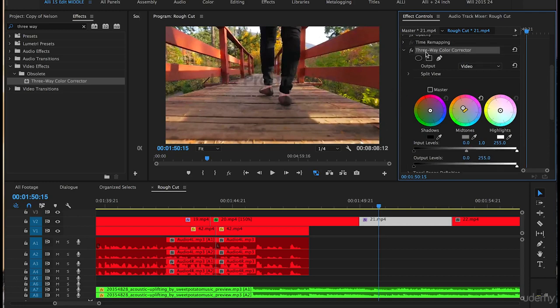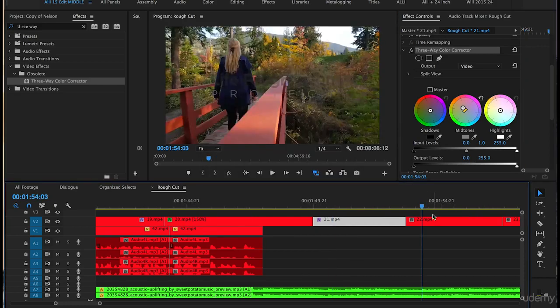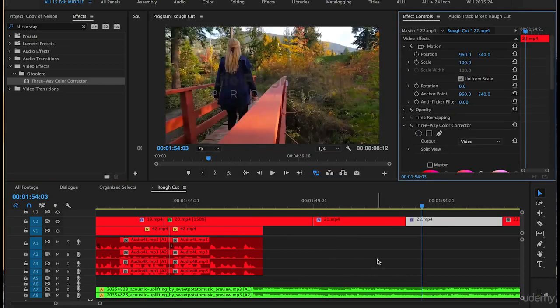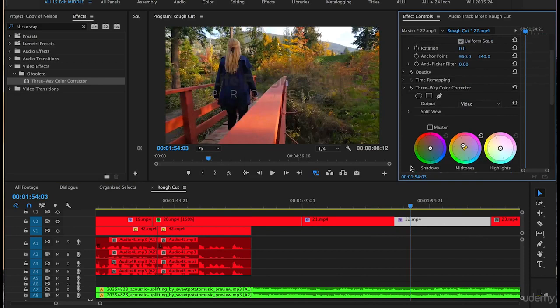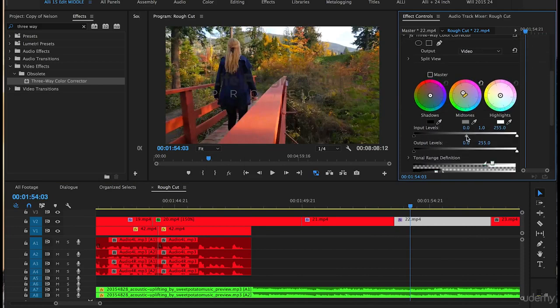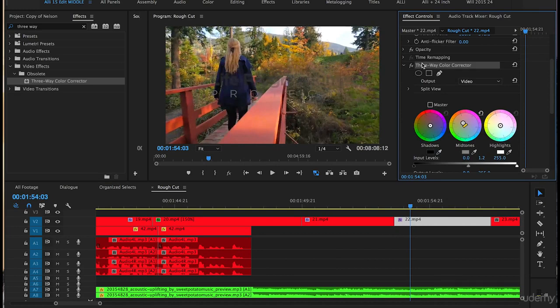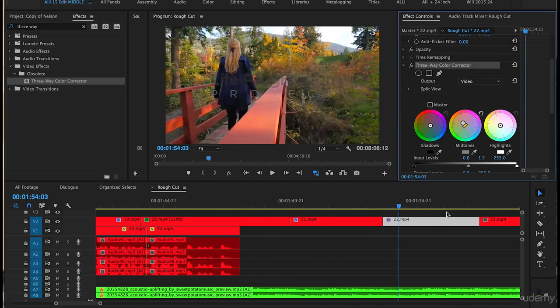Okay, I'm going to push three-way here, Command C to copy that effect for clip 22. Let's actually lighten that up a bit. So we'll go to the input level and bring the middle pointer to 1.2. Copy the three-way newest effect, go to 23,